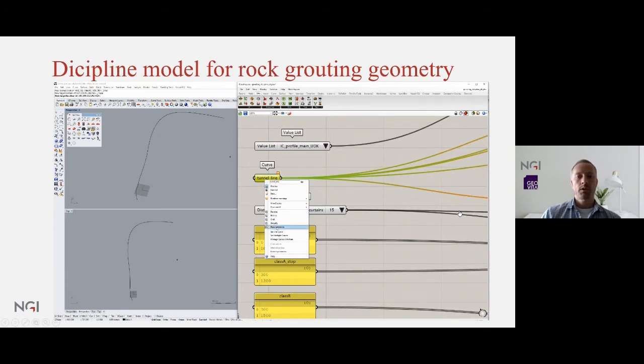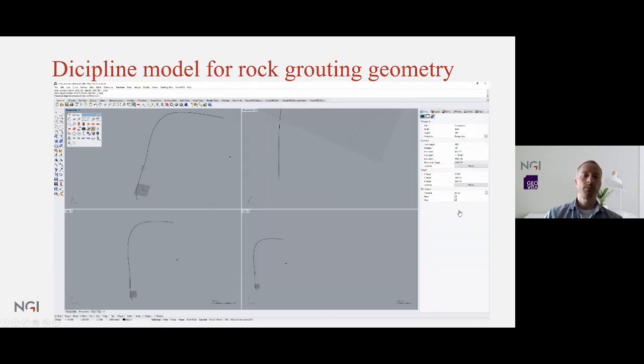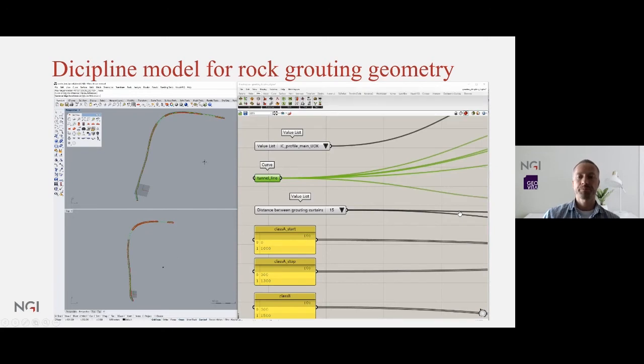So first we connect this center line of the tunnel to the script. We see some values loaded. And we can have a bit closer inspection of it and see the geometry. It's the same profile we used in the last design. That's the railway tunnel. You can also, for instance, change the distance between each grouting curtain. Let's say 20 meters. And you can play with the geometry in the same way here, but on a kind